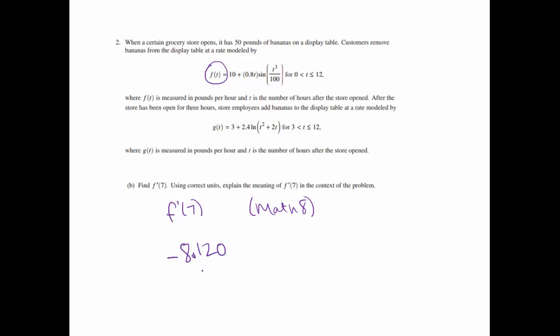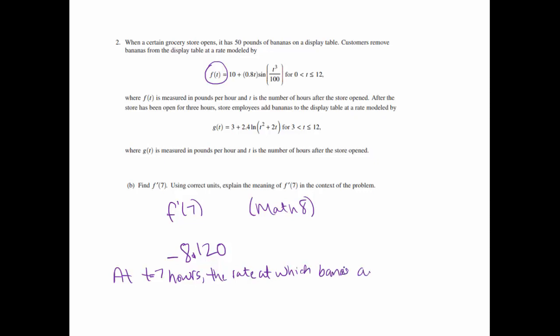Okay, and then it says, using correct units, explain the meaning of f prime of 7 in the context of the problem. So whenever we take a derivative, something is changing. So f is changing. Well, what is f? F is a rate. It's how fast the customers are removing the bananas from the display. So at t equals 7 hours, what is changing? The rate is changing. The rate at which